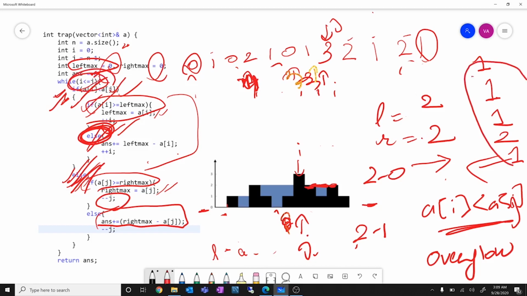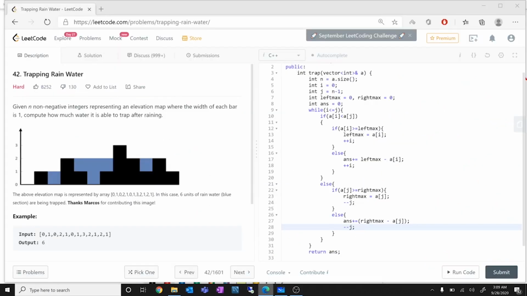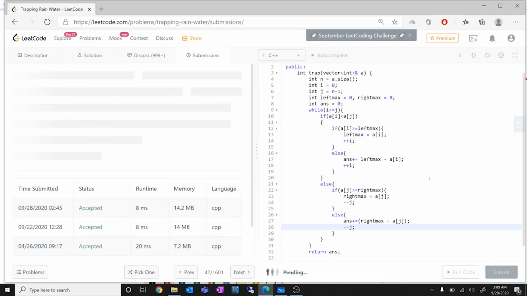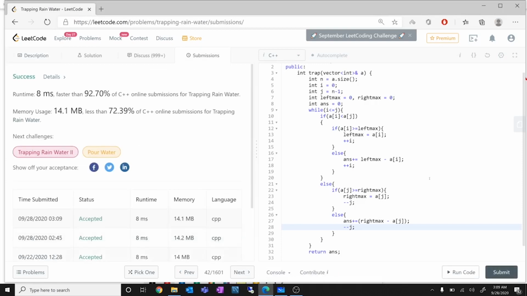Let's add them up. 1 plus 1 is 2, plus 1 is 3, plus 2 is 5, plus 1 is 6. So 6 was the sample answer that we had in the initial question, and that is what we are getting from the dry run. So I hope that all of your doubts are cleared about this question now, and you've understood the code. Now let's just try submitting it on LeetCode. Right. So this was a hard question. I hope that you've understood it well, and you can look at the code again and you can see it does get submitted and it produces good results.